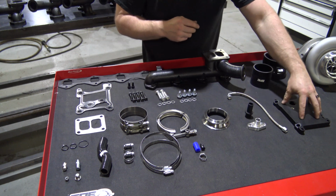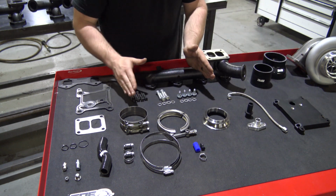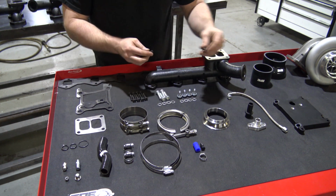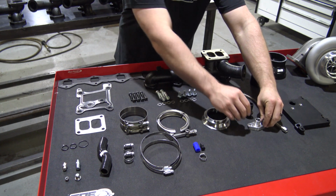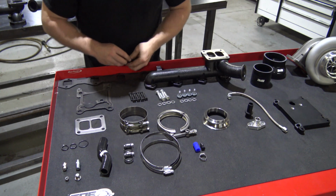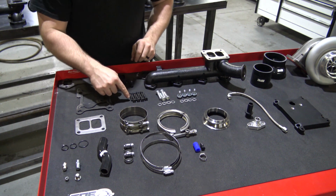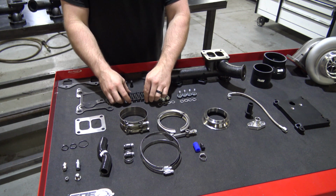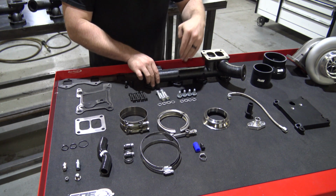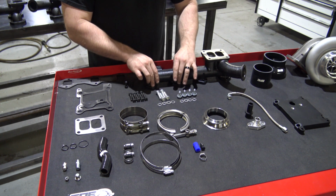Covers that. There's your pedestal, obviously. And now as far as hardware goes, you're gonna have two shorter bolts that will be used in the oil return flange that goes in the bottom of the turbo. You're gonna have 8 manifold bolts, and you will be extracting the main studs that are the factory studs that